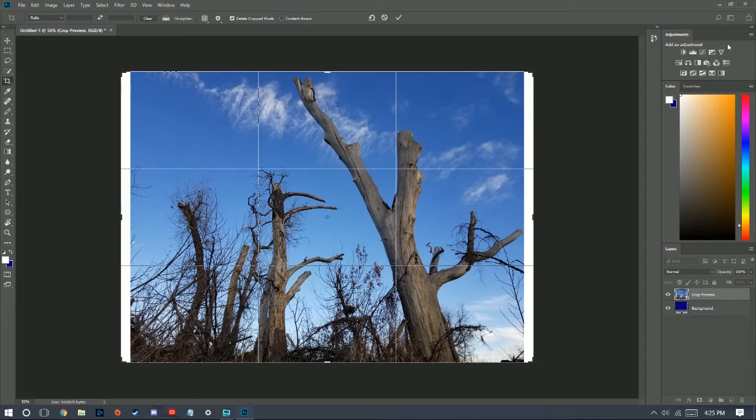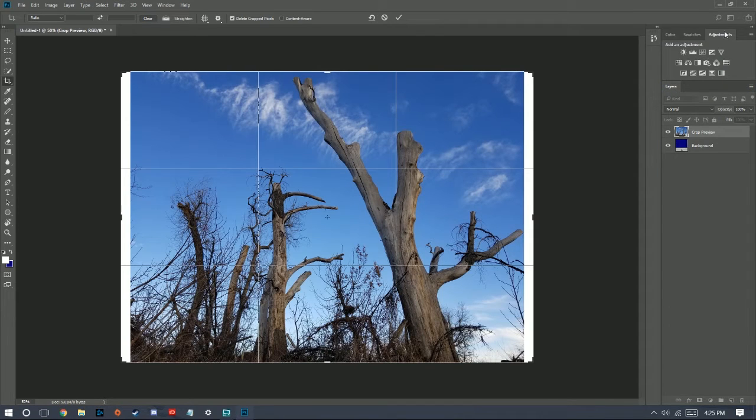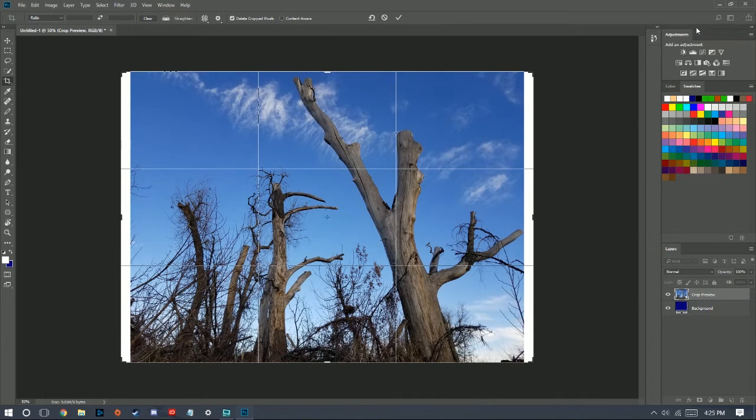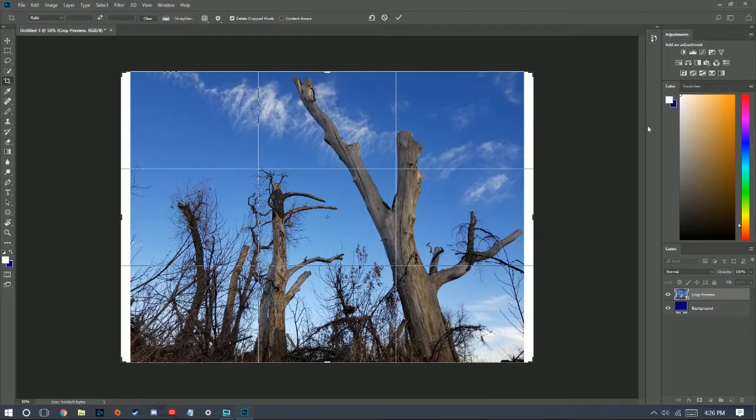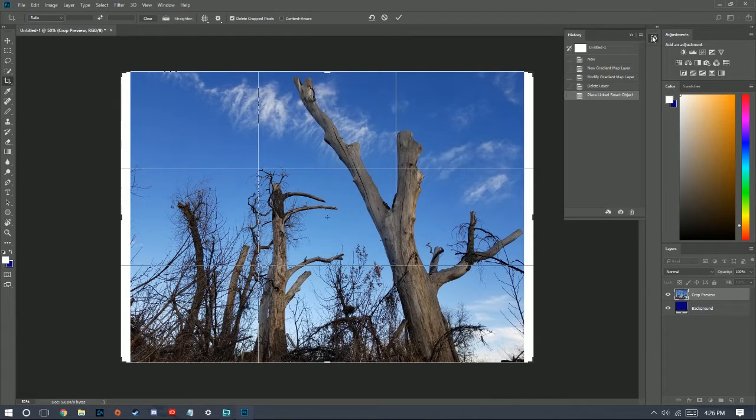But we'll also come over to this side. Now my setup is going to be very different from yours. I have a very basic setup, and you can play with it as much as you want, and it's super easy to do. You just have to click and hold on the title of whatever, and you can see I can add this to this section here, or I can pull it back out and it's going to be right here. We also have this side here, and right now what I have is the history, which is super helpful